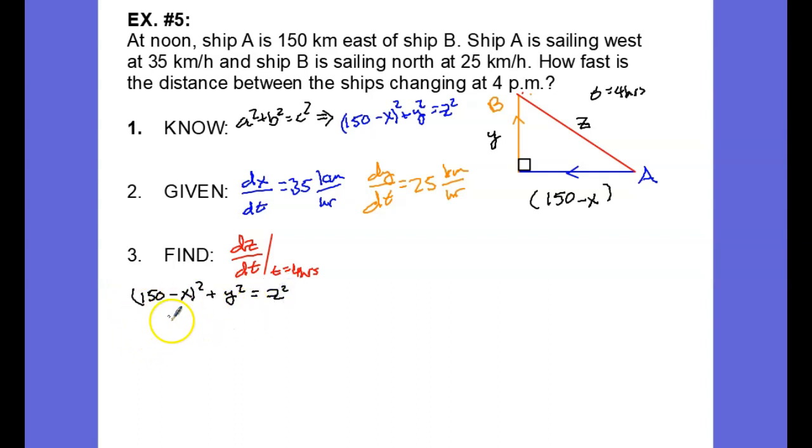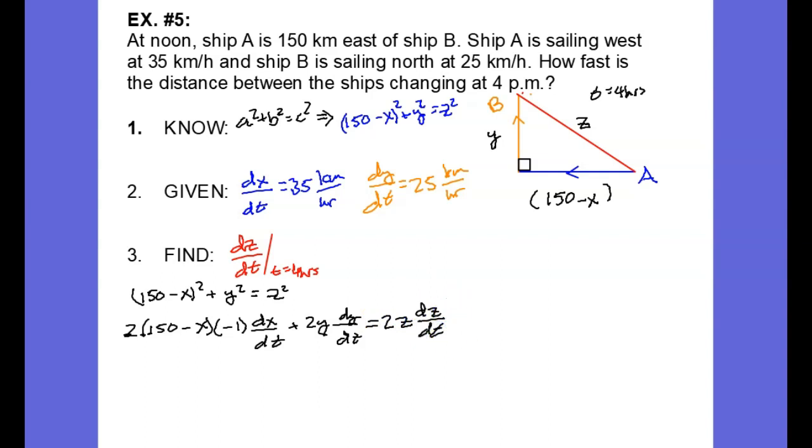And let's differentiate this implicitly. So using the power rule, we have 2 times (150 minus x) times the derivative of the inside, which is going to be times -1 times dx/dt, plus 2y dy/dt is equal to 2z